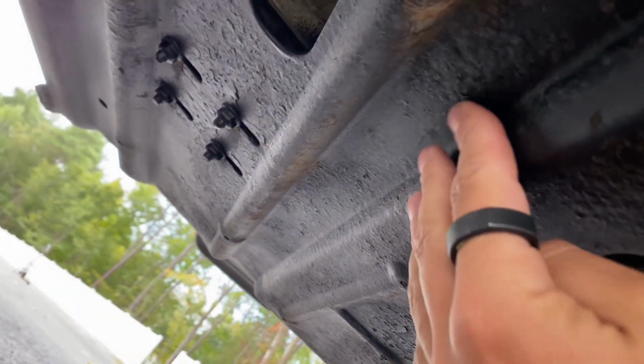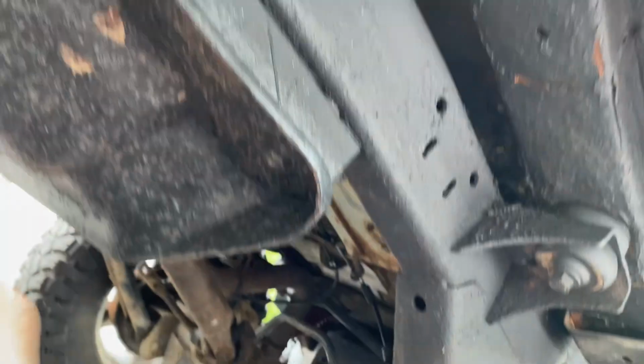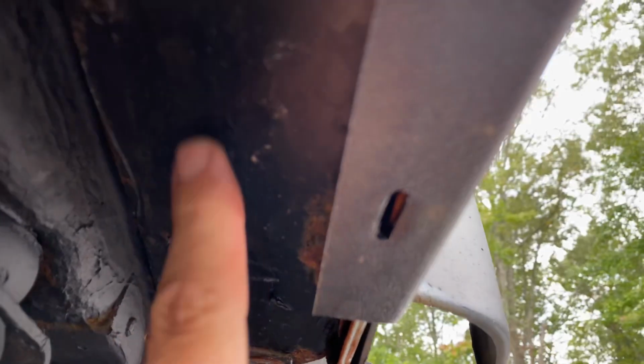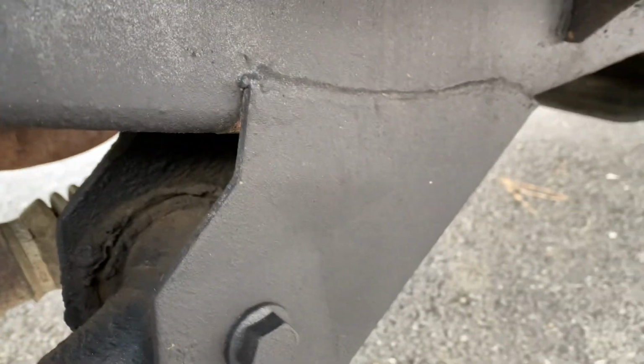The belly pan has your typical funkiness to it. Your panel in there is good, but there's definitely some funkiness here and there. Some stuff will flake off. Some stuff is just that's really my biggest gripe with the Jeep. We don't sell anything like that. But the frame is solid all the way around. But if you look at all of our videos, this is